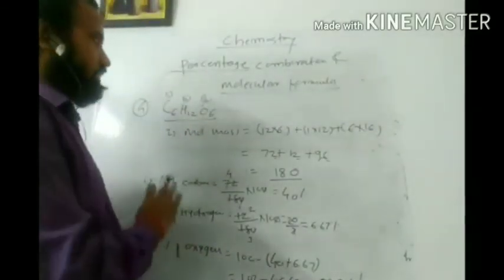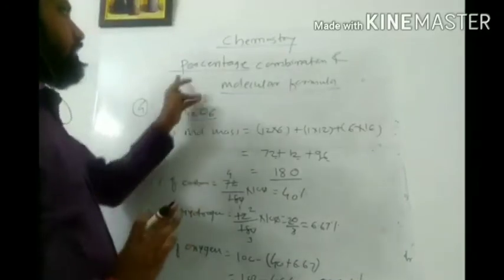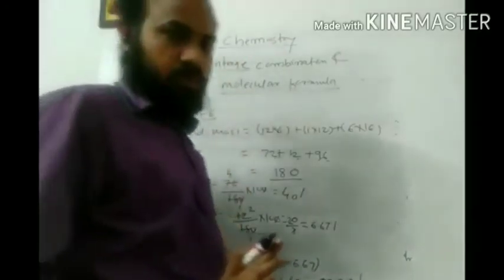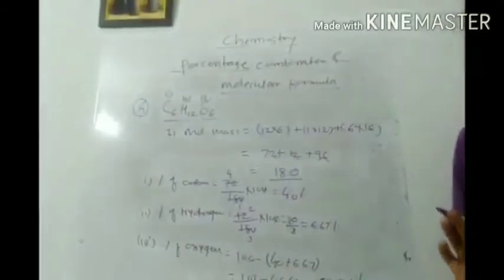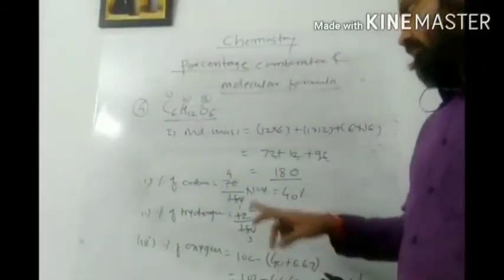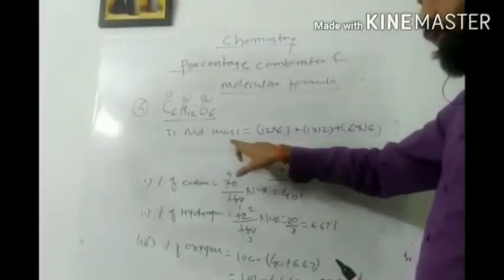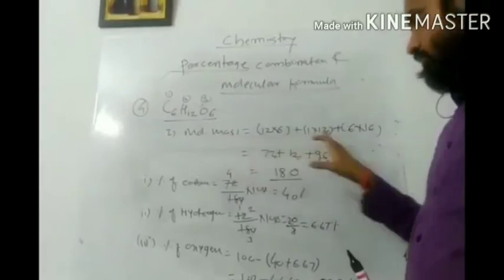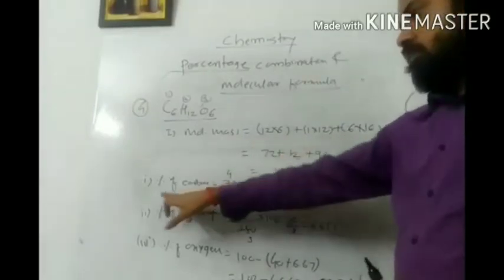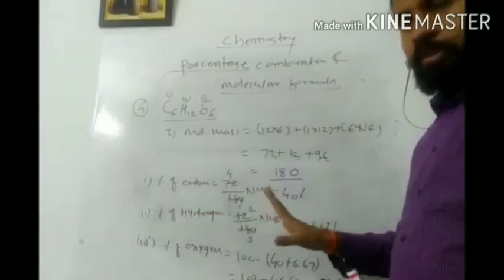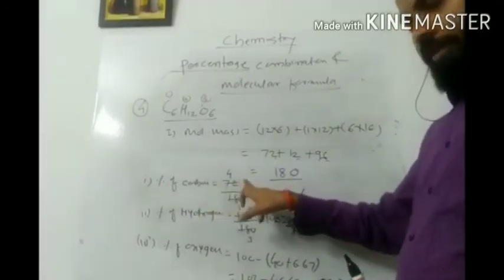In this way you can easily calculate the percentage composition of any given compound. Only two things you need. First, you have to calculate the molecular mass. Once you get the molecular mass, use the formula: percentage of a particular element is the weight of that element